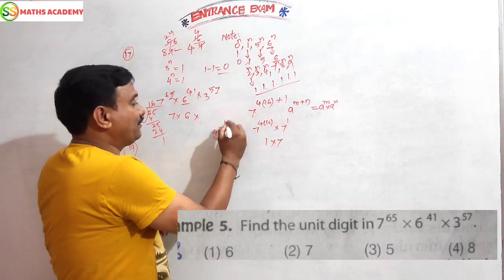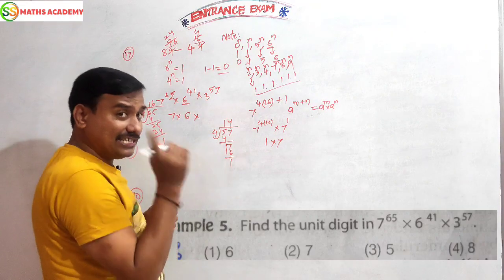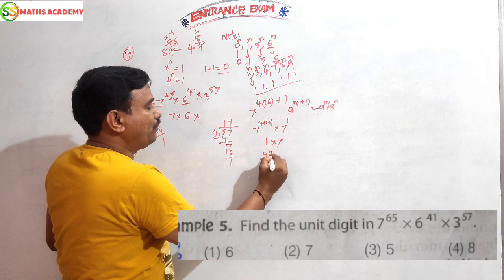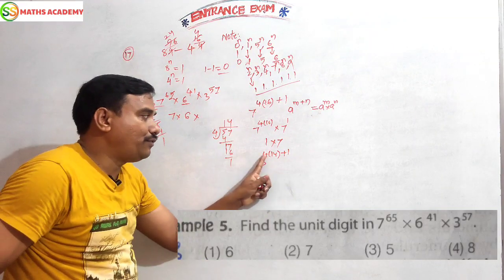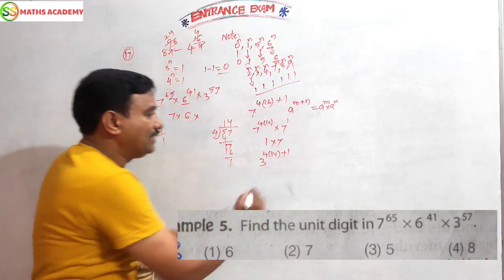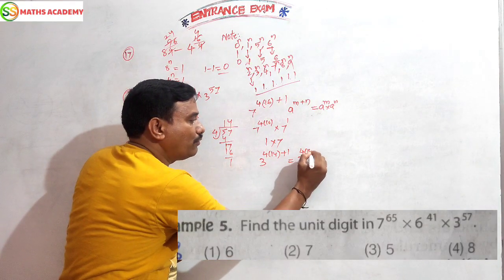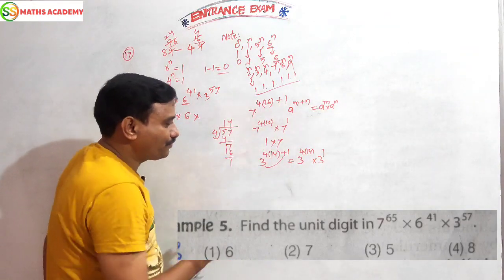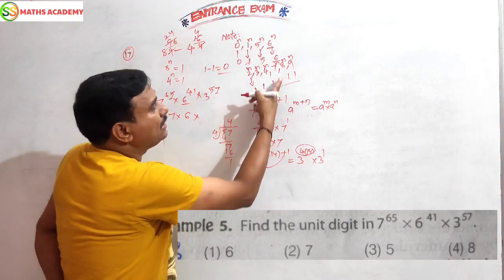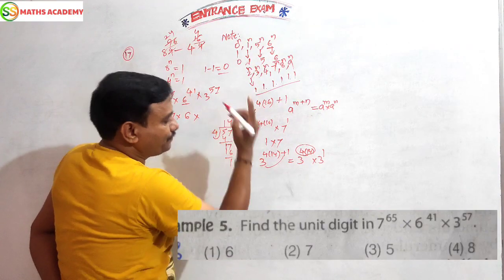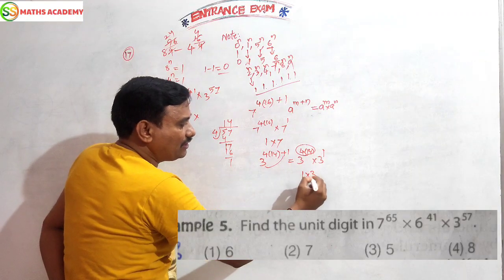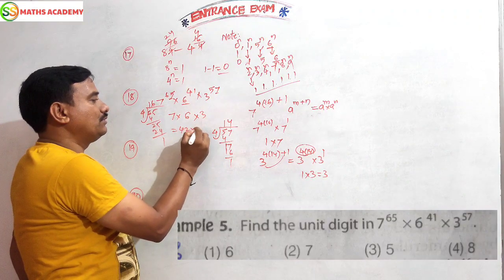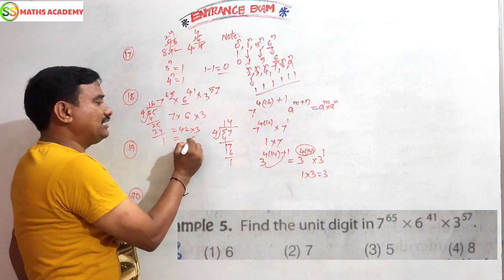1, 17. 4 4 is 16. Remainder 1. Yes, here also remainder 1, which means 3 to the power of 4 into 14 plus 1. 14 4 is 56 plus 1, 57. It can be written as 3 to the power of 4 into 14 times 3 to the power of 1. This formula, 3 to the power of n, n value 1. 3 to the power of 1 is 3. 3 into 3. 7 6 are 42 into 3. 2 3 is 6. 12.